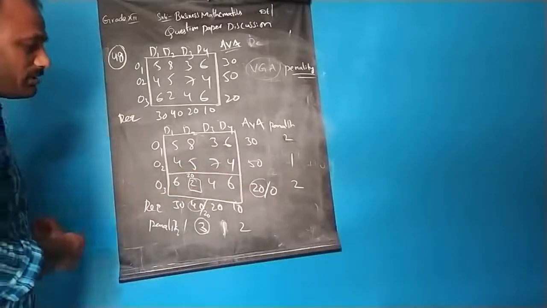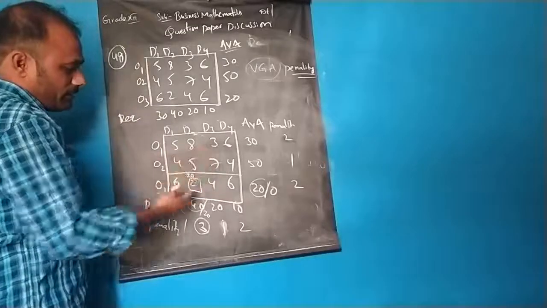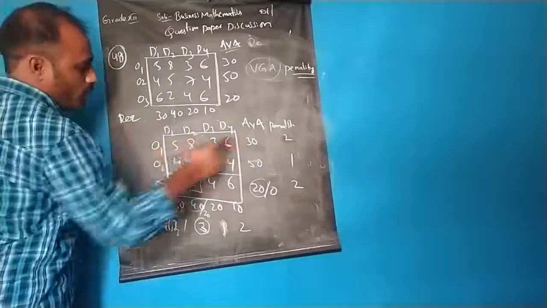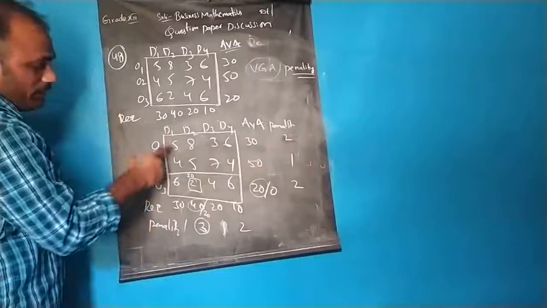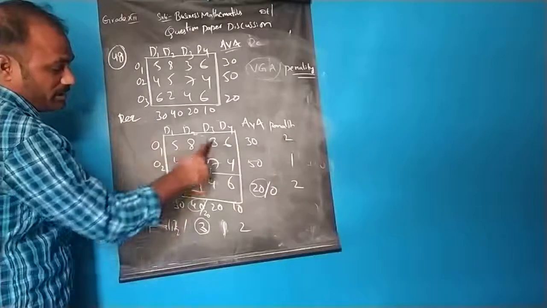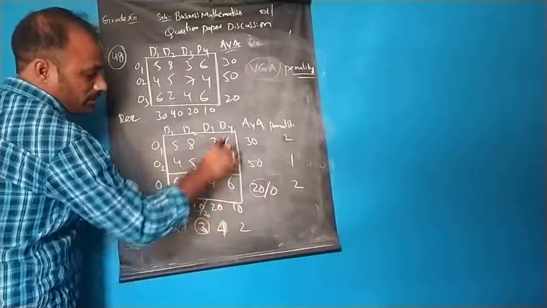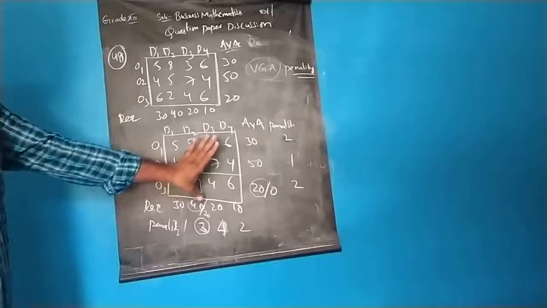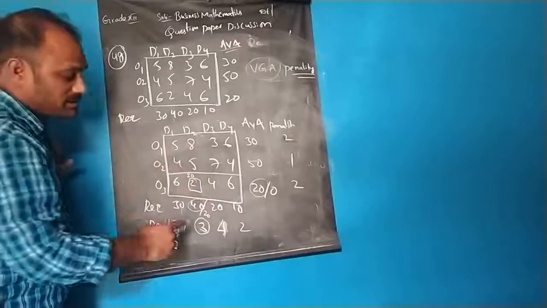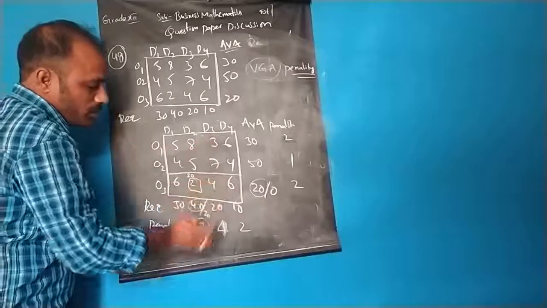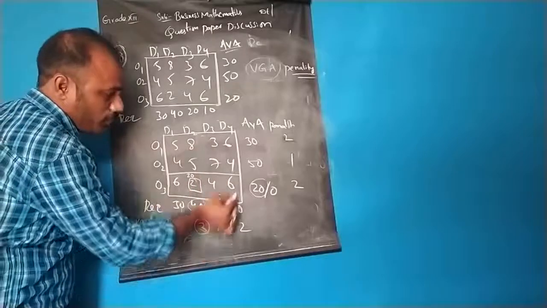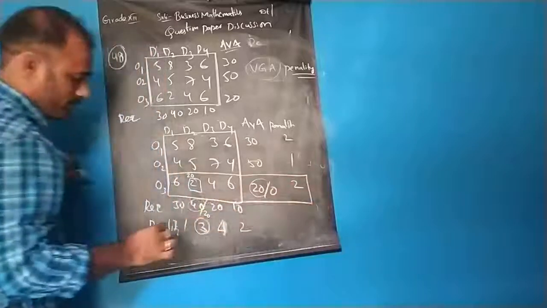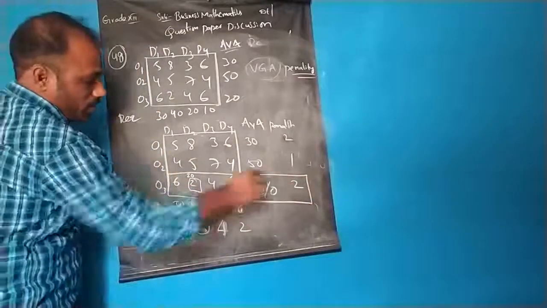Now, let us observe the penalties after this row is eliminated. Is there any change in the penalties? Let us see. 5 minus 3, 2, okay. 4 minus 5, 1. And here 5 minus 4, 1. 8 minus 5, 3. 7 minus 3, here 4 is the penalty. 6 minus 4, 2. So only one penalty is changed. Even though we have to do it in different boxes, I am showing you in one box. Try to understand. So here 7 minus 3, 4. The highest penalty this time has changed to 4. This row is already completed.